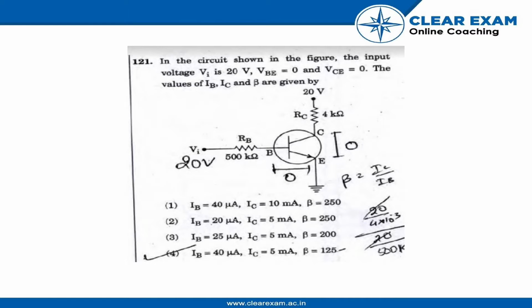So the question is, in the circuit shown in the figure, this is the figure, the input voltage Vi is 10 volt and VBE equals 0, and VBE, this one, okay, and VCE, this one. Let me draw the arrow, C to E. The value of IB, the value of IC and the beta are given by,